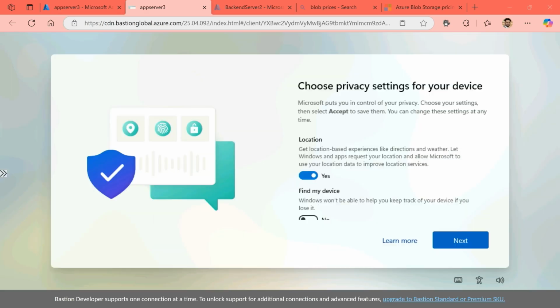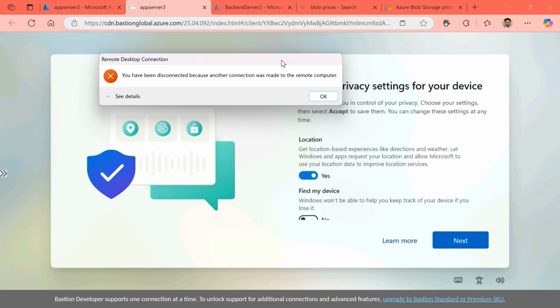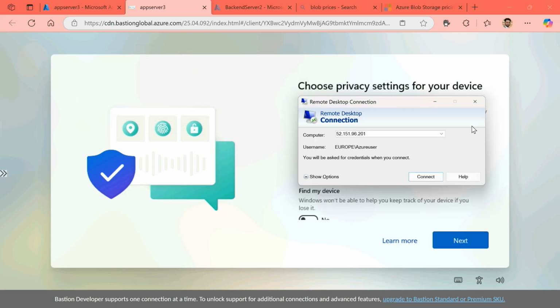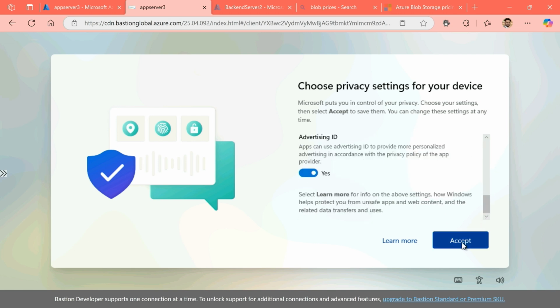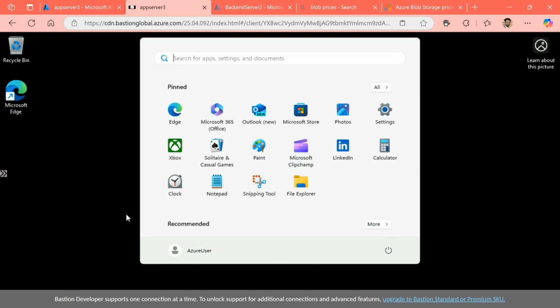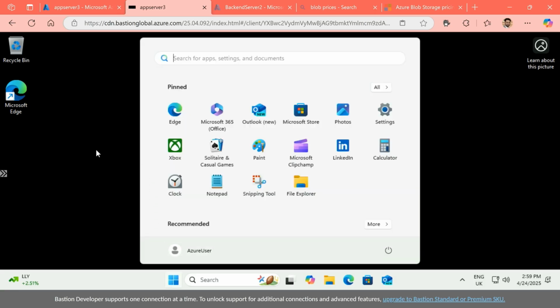As we do this, my virtual machine session that was logged in using the RDP connection has stopped. Obviously, you can't have multiple connections to the same machine. And it's taken me back into the Windows 11 virtual machine that we've got running in here. So this is the very first time login. We didn't actually complete the login process on the RDP. We just logged in and stopped at that point. Now this is my virtual machine running, again, in a browser.